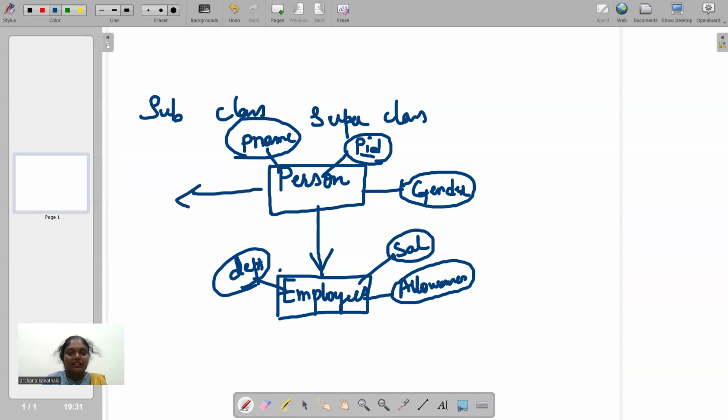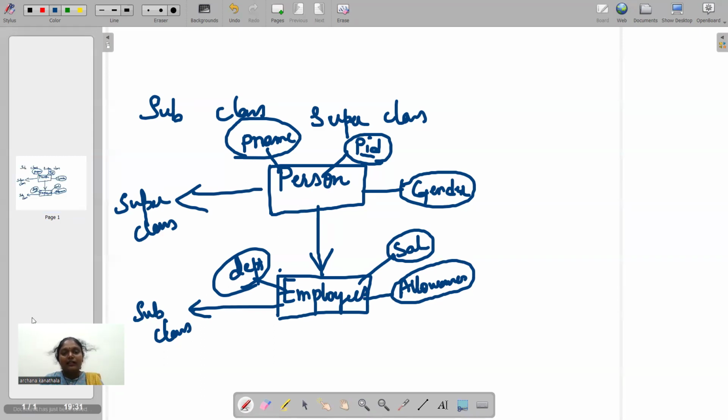So in this context, person can be called a superclass entity, whereas employee can be treated as a subclass entity. This kind of complex modeling of an entity relationship model helps us and can be applicable to any sort of extent.